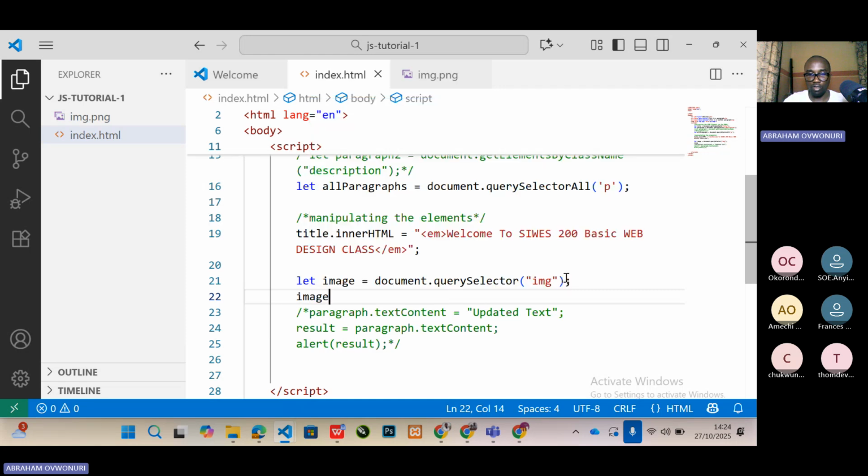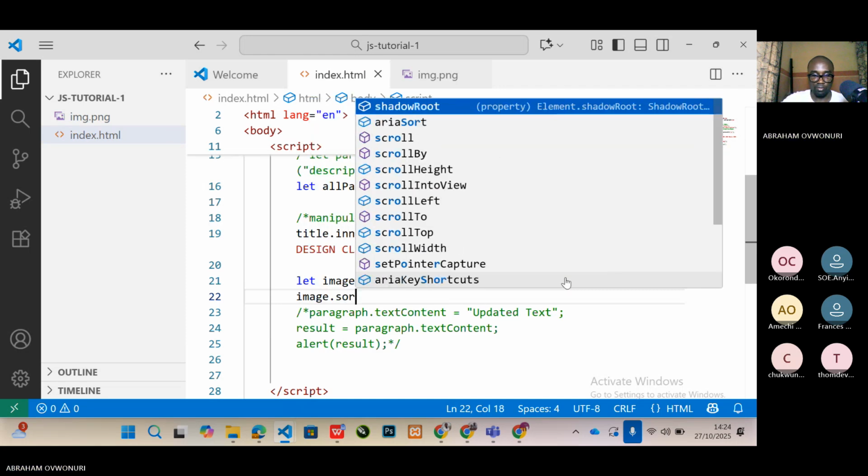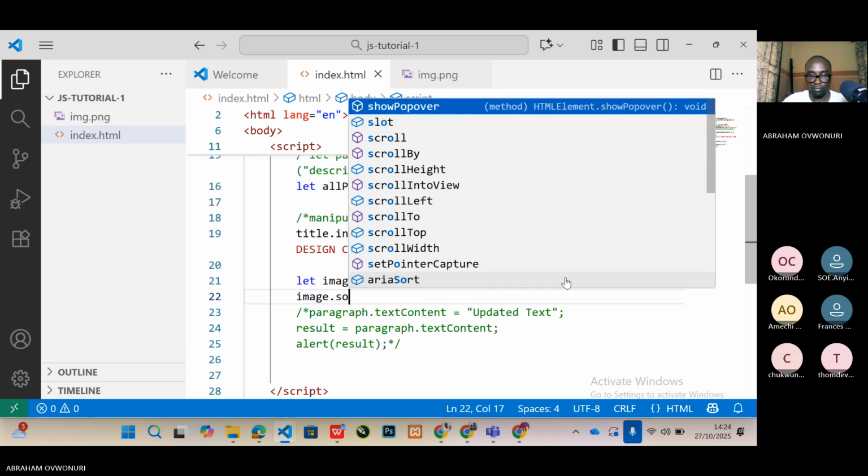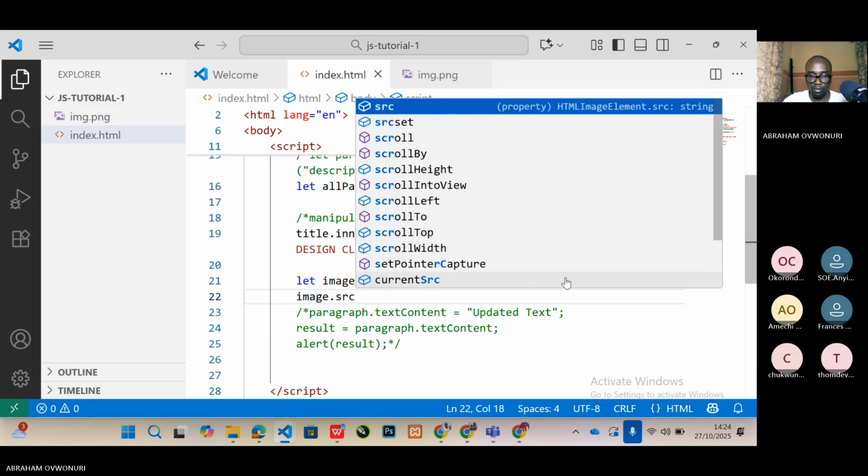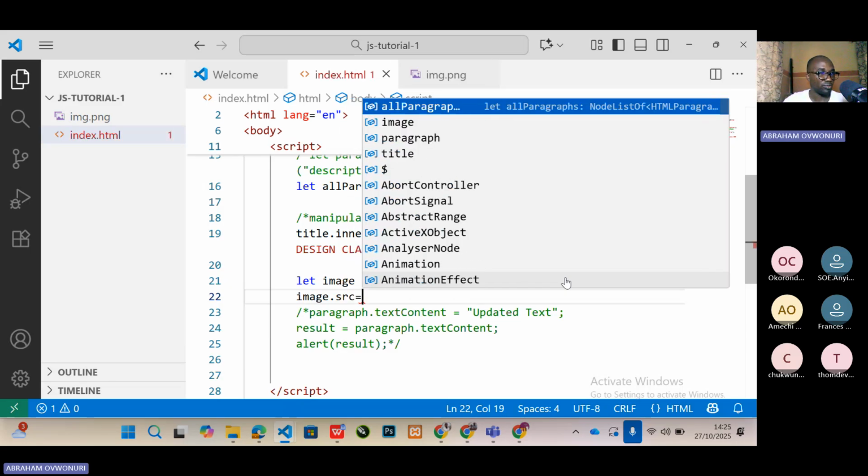Now we want to work on the attribute, image dot source is equal to